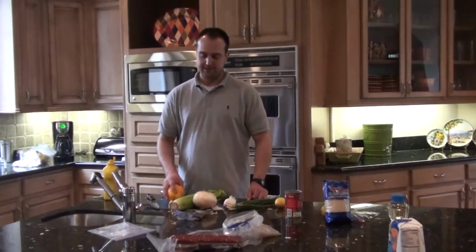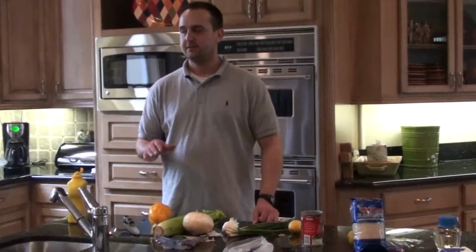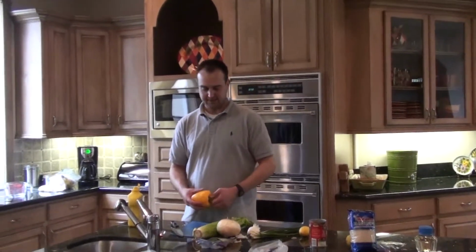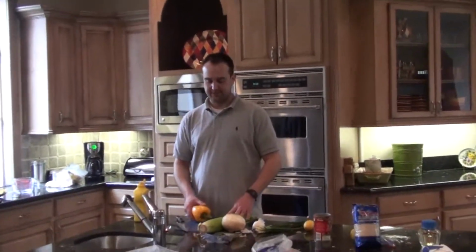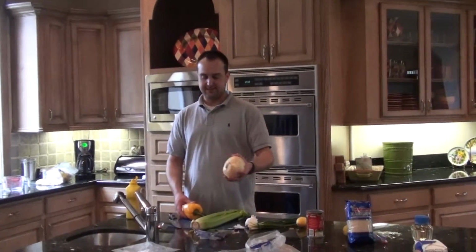So what I do is I mix all my jambalaya in with a special amount of rice, and once I mix that all up, I just put it in the fridge overnight and let the tomatoes soak into the rice, and I call it Cajun fried rice, but it's really jambalaya mixed up with rice. Okay, so back to our original recipe. Right, gumbo. Anyway, I've got to dice this,